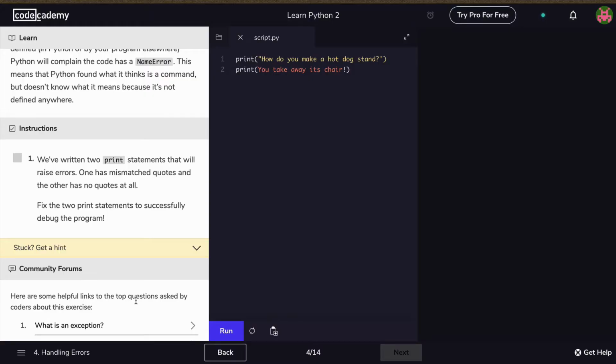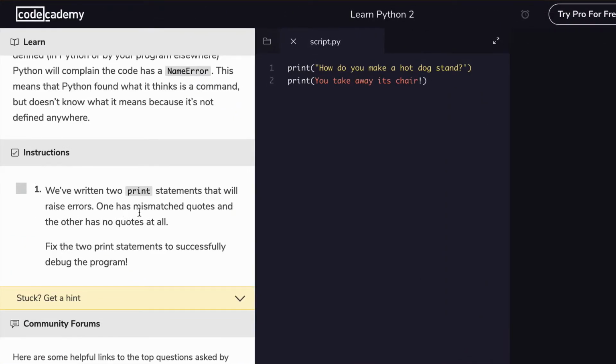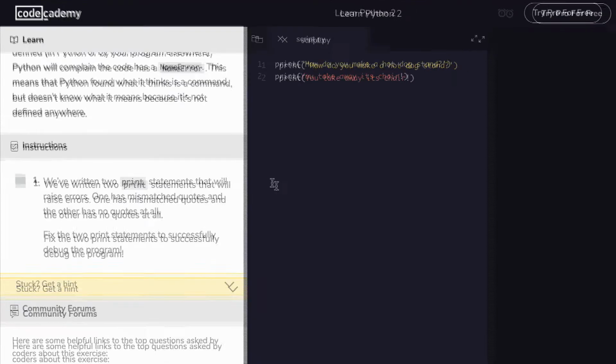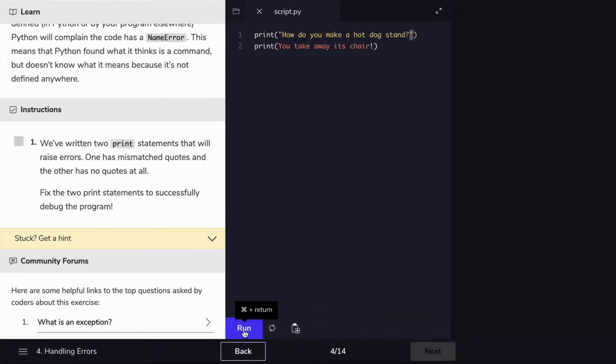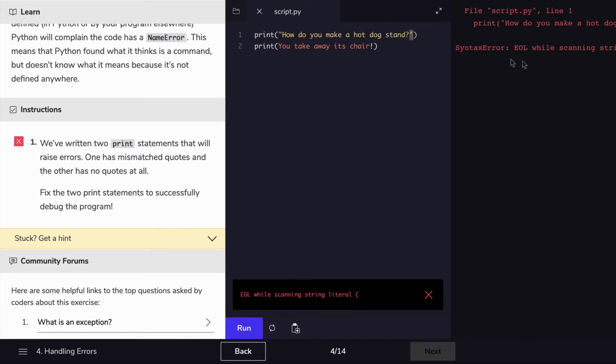So here on CodeCademy, it says they've written two print statements that will raise errors. One has mismatched quotes, the other has no quotes at all. So like I said, you can have one quote here and this one there, mismatched, will show an error, and this will show an error also. I'm going to run it. I know it's going to fail because it's got errors, and here, syntax error